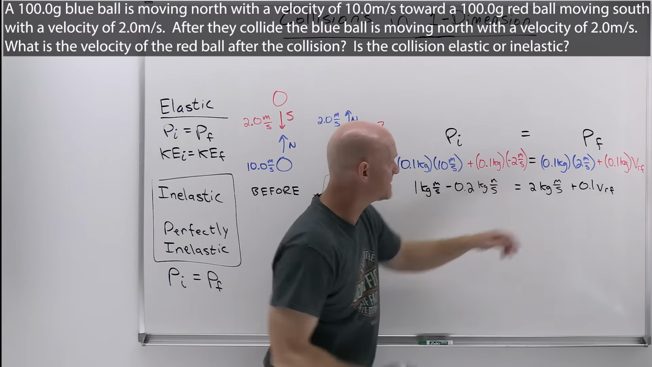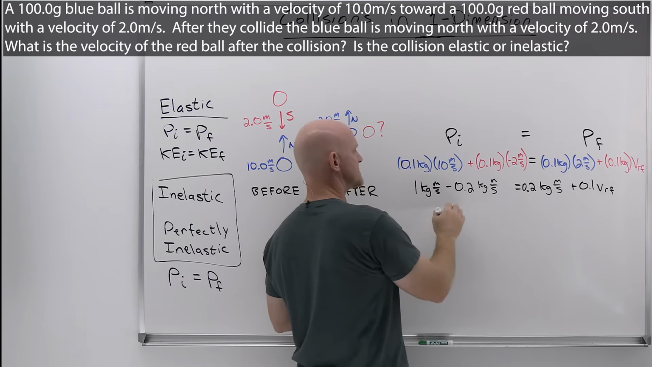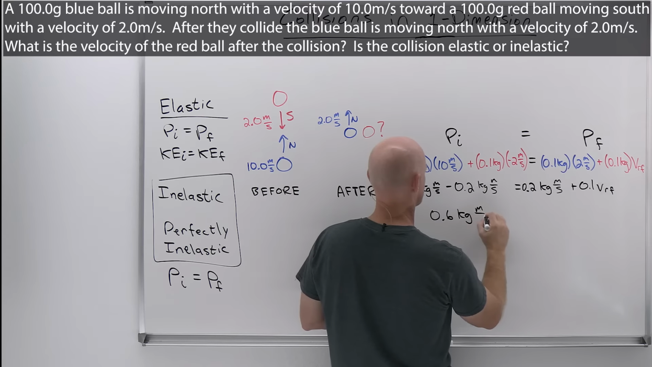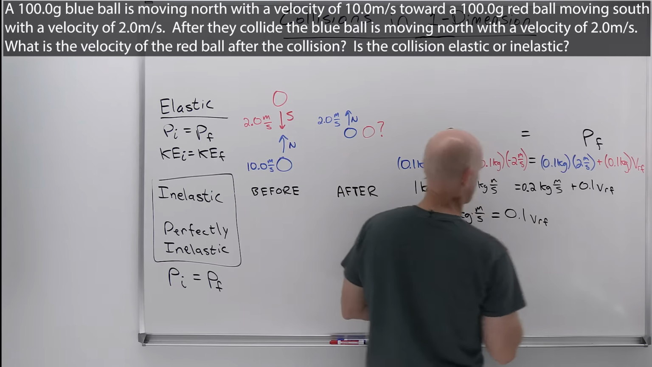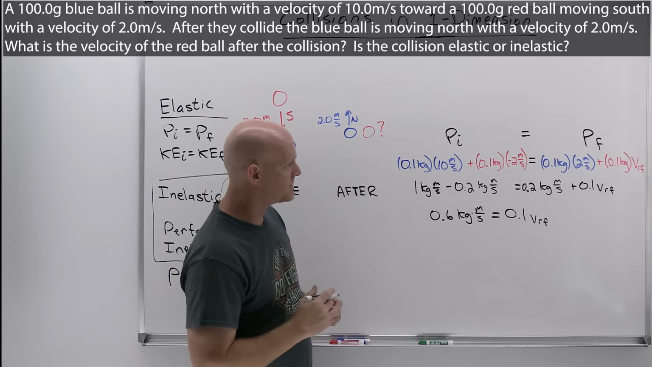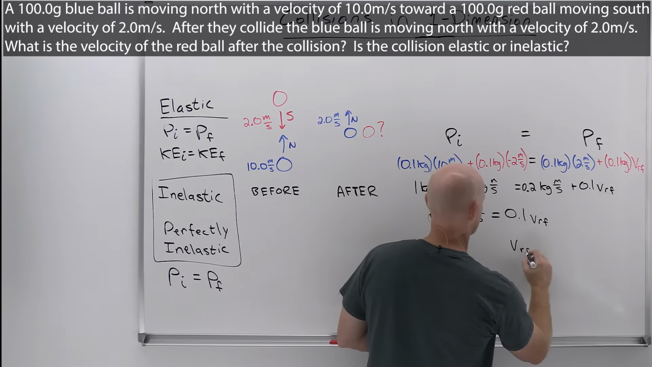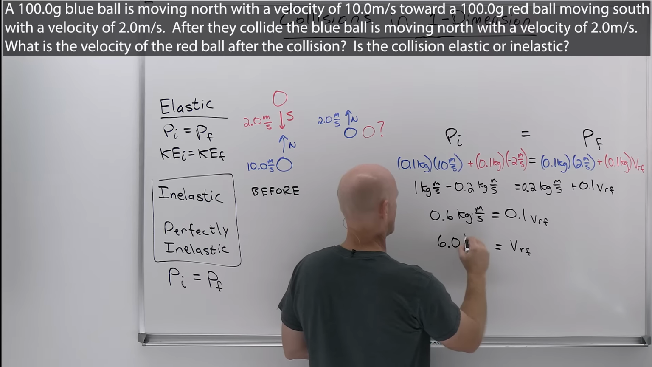We'll subtract off, that should have been 0.2. Subtract off another 0.2, and that's going to be 0.6 kilogram meters per second equal to 0.1 times the velocity of the red ball final. We'll divide by 0.1, and we can see that the velocity of the red ball final is going to equal 6.0